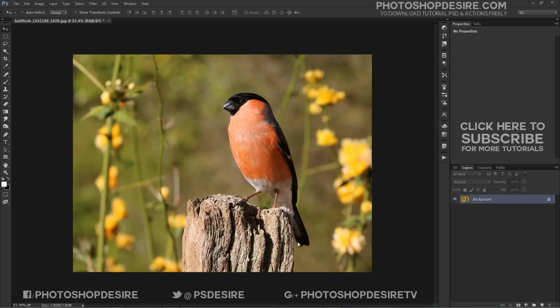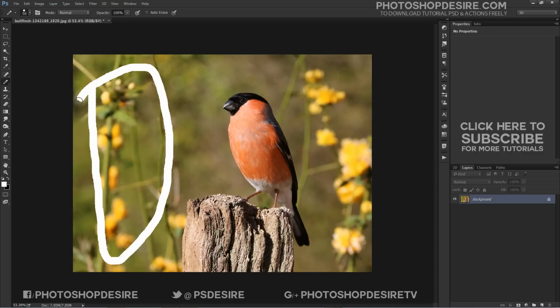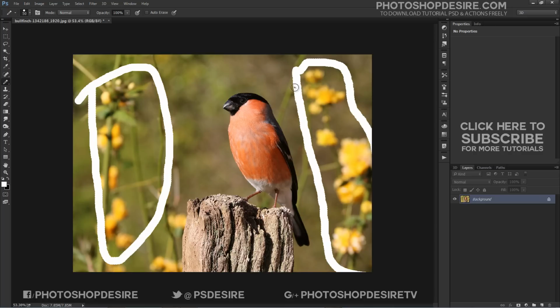Here is the image I will be working with. I like this shot, but the background yellow flowers are catching my attention equally to the main focus subject. If you are a stock photographer, then these images won't sell for you. So I want to make a clear difference between the in-focus elements and the out-of-focus elements.